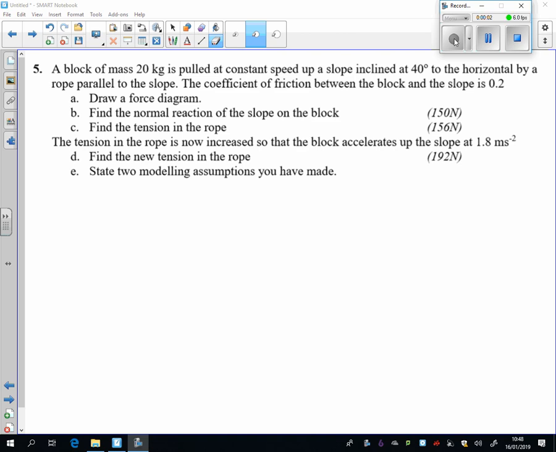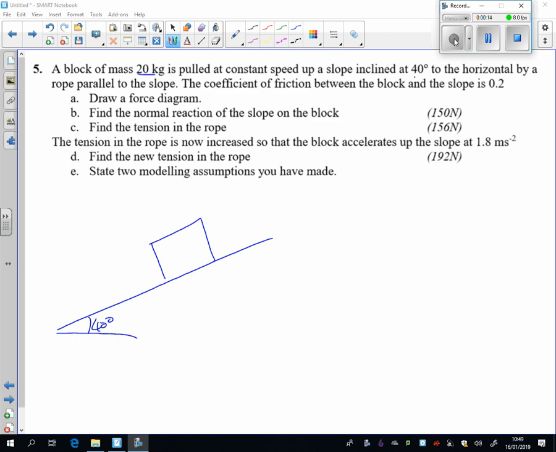Question 5, we have our slope. So let's draw our little slope here, and our slope is 40 degrees. So we'll put 40 degrees onto our slope there. And we have our block here of 20 kilograms. As I put my 20 on here, and I put my 40 degrees in there, I'm just going to split